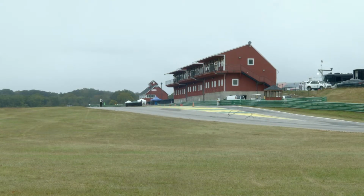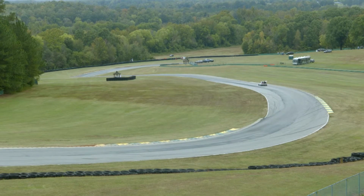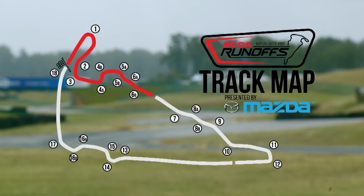Seated alongside me is Larry Lefty McLeod as we are working our way through to our next race, and this one is for Prototype 1. These are the fastest cars here at the Runoffs this weekend, and looking forward to 9 of them getting it done. We're going to go right to the track map, as Larry will take us around